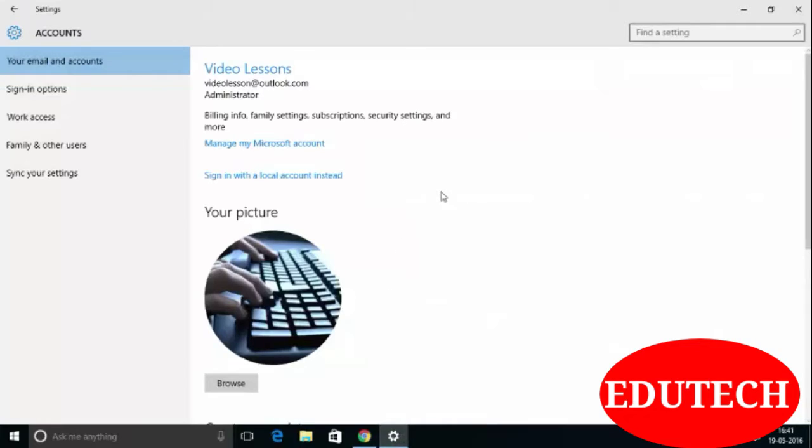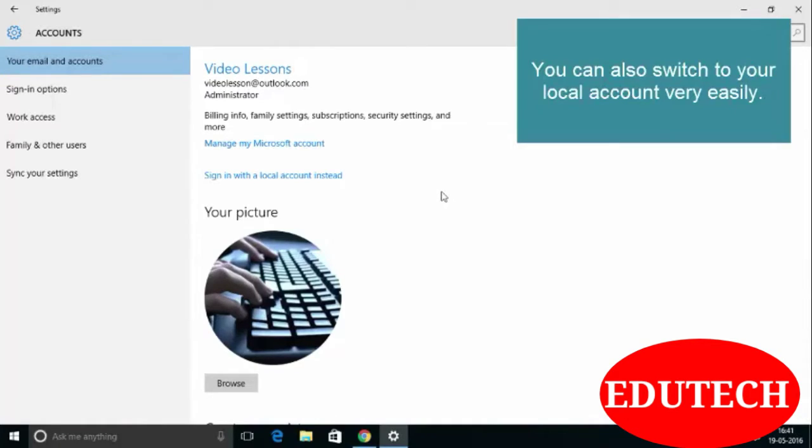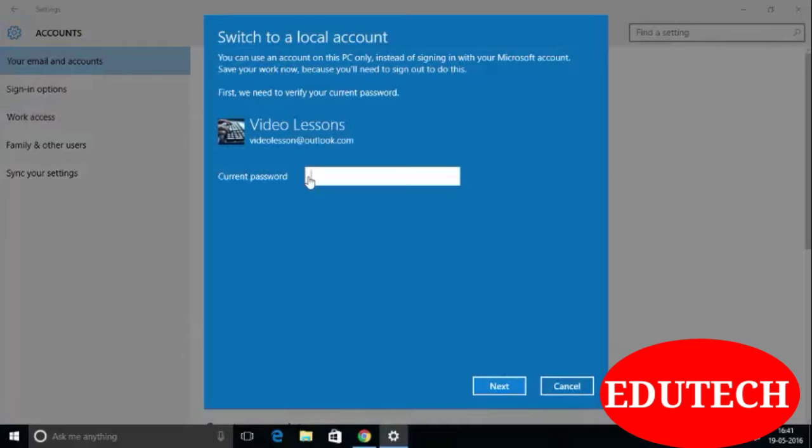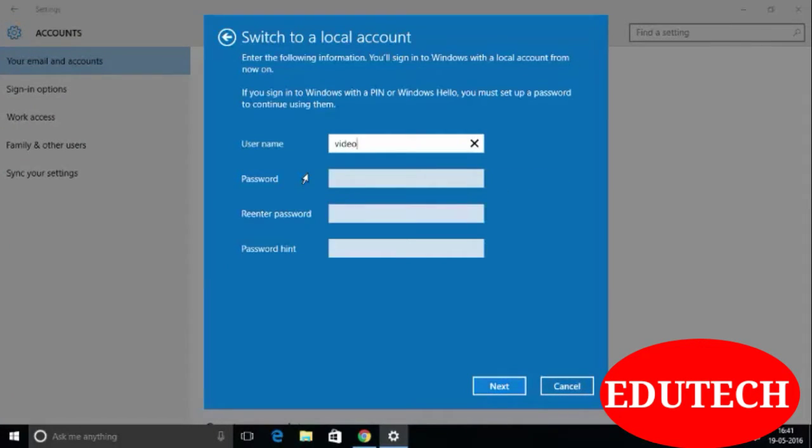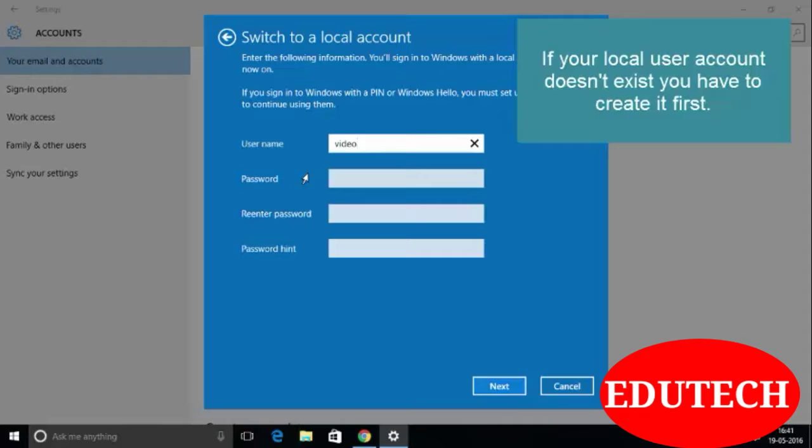Now if you don't want to log in through your Microsoft account, and instead want to log in through your local PC account, then you can do it by using this Sign in with a local account option. Click on that and enter your password. If you don't have a local user account, then you will have to create one first.